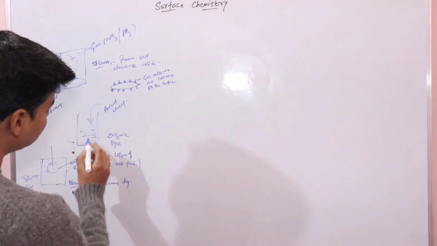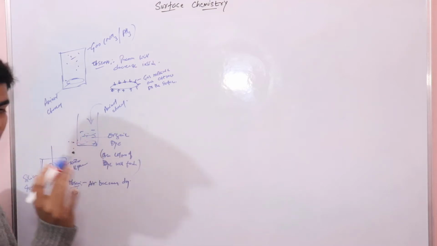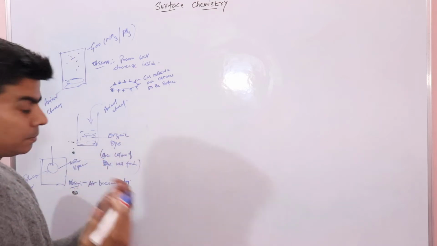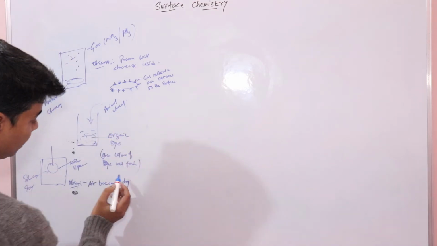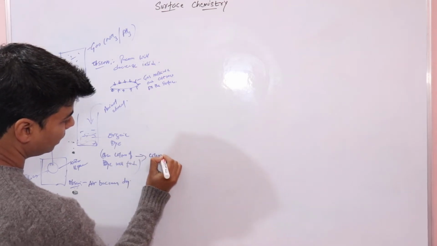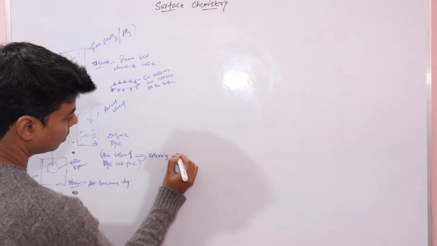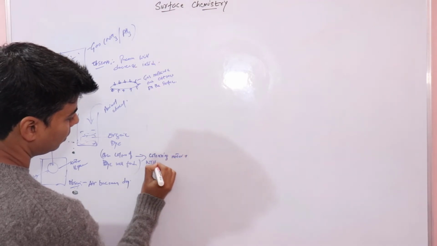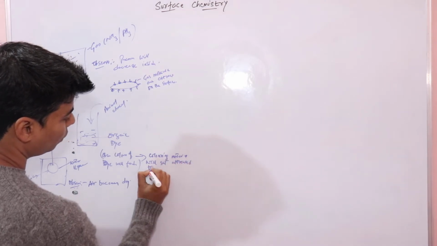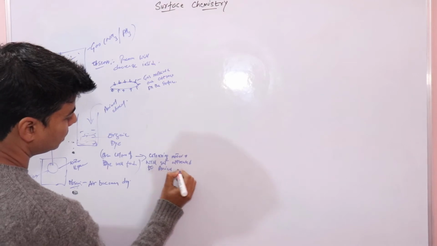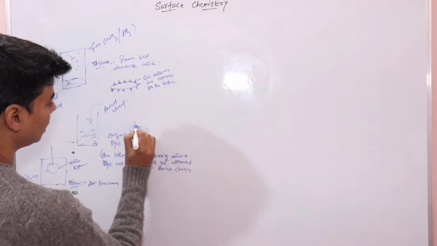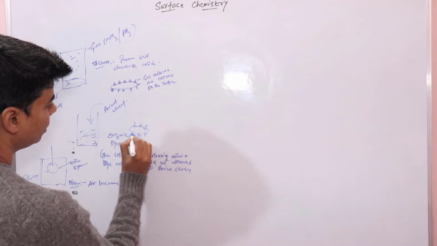Similarly here, when you added animal charcoal to this organic dye, the color of the dye will fade because the coloring material inside this organic dye is attracted by the animal charcoal. So the reason here is the color will fade: the coloring material will get attracted to the surface of this animal charcoal.